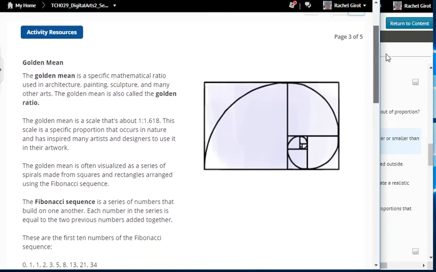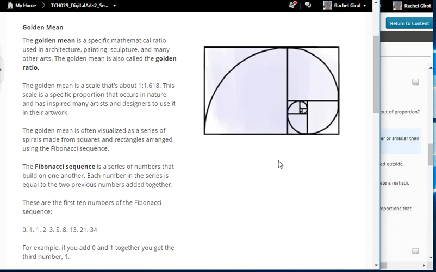The golden mean. The golden mean is a specific mathematical ratio used in architecture, painting, sculpture, and many other arts. The golden mean is also called the golden ratio. The golden mean is a scale that's about 1 to 1.618. This scale is a specific proportion that occurs in nature and has inspired many artists and designers to use it in their artwork. The golden mean is often visualized as a series of spirals made from squares and rectangles arranged